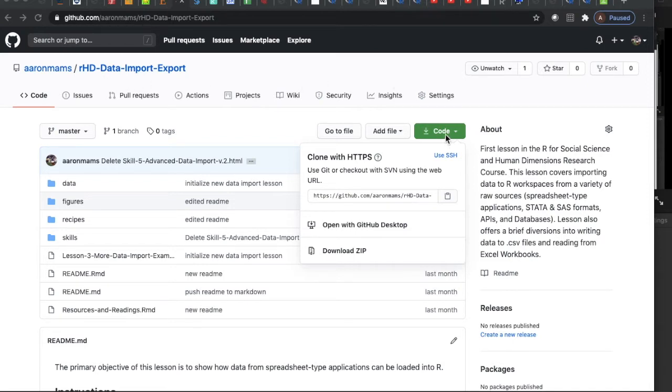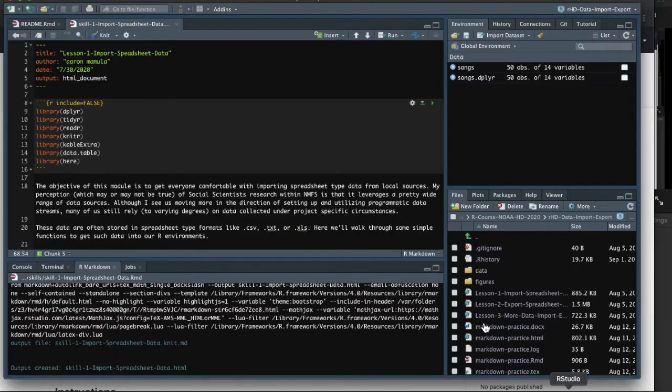You can download it into a zip file using this code button. And once it's downloaded to a zip file, you can unzip it, create a new project in RStudio, and then you can copy those resources into that RStudio project. So once you've done that,